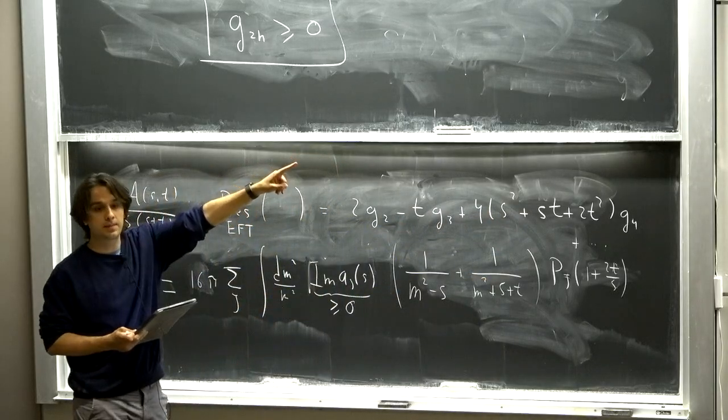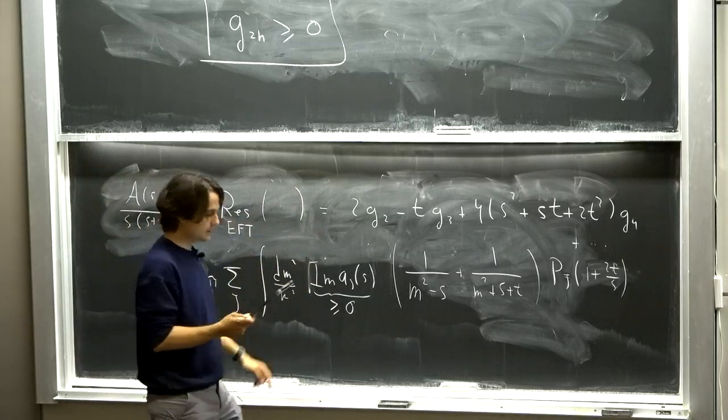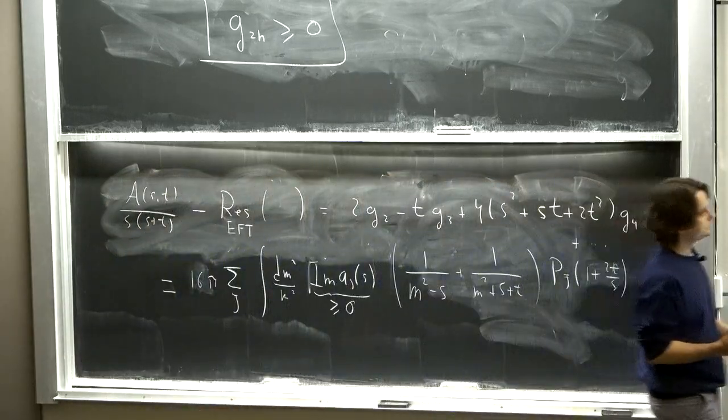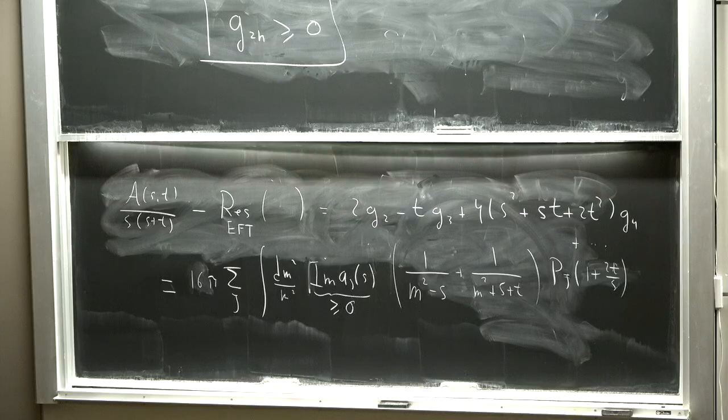Okay. Now, the simplest operation we already saw. We just take the forward limit. If we take the forward limit, then we're going to get some simple constraints. That already will let us put a coefficient. So from the forward limit,